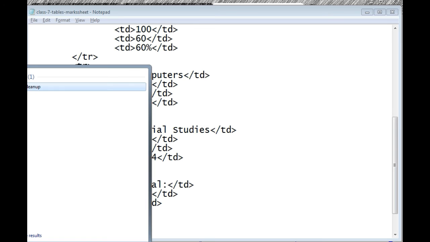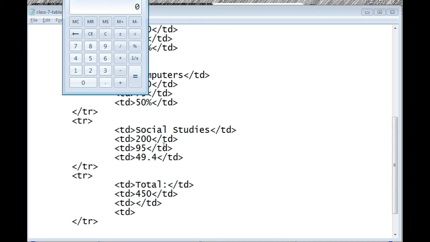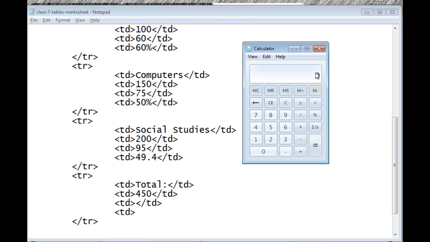Okay, this is the calculator. Okay, now I put 60, 60. We will make calculator when we will study about JavaScript.